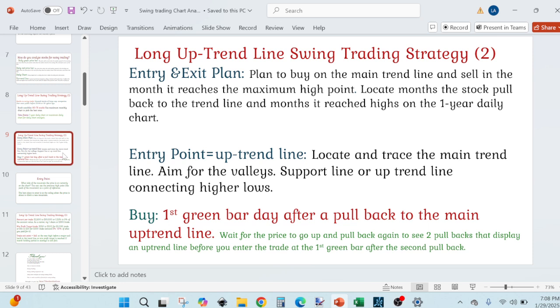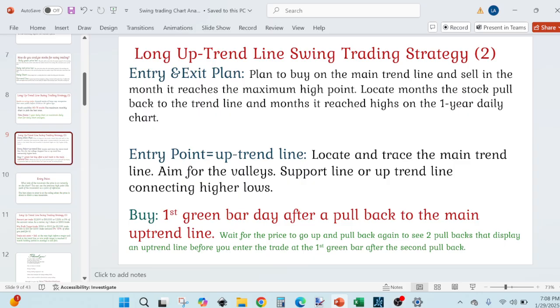For the type of chart and for the time frame, you use maximum daily chart or 1 year daily chart. And it's good to find your entry point by tracing them. And we show how we create our watch list. We show how we trace those trend lines as well,